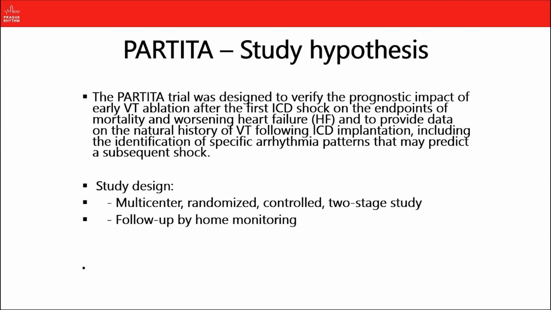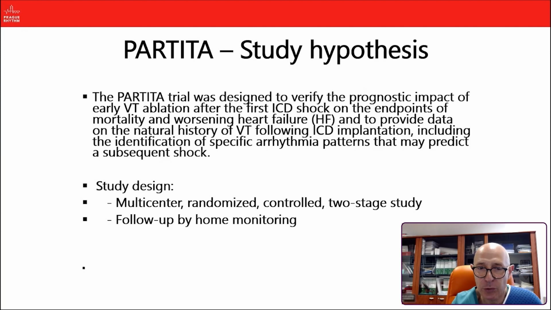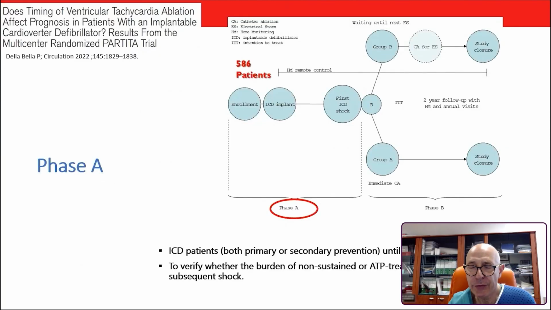It was a multi-center randomized controlled two-stage study that took more than 10 years to be concluded. Also very important, as you will see, follow-up was performed daily by home monitoring. The first stage, we call it phase A, included evaluation of the rhythm features of the patient from enrollment to the first ICD shock. Patients were included for both primary and secondary prevention, in both ischemic post-infarct and non-ischemic dilated cardiomyopathy. The aim of the phase A study was to verify whether the burden of non-sustained or ATP-treated sustained VT was